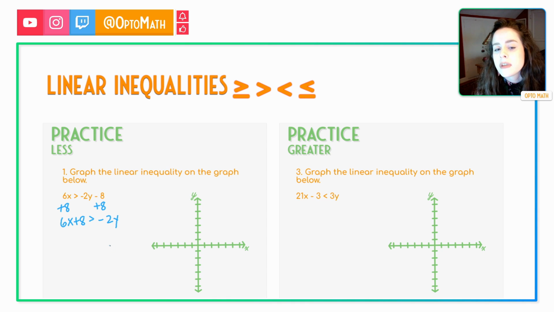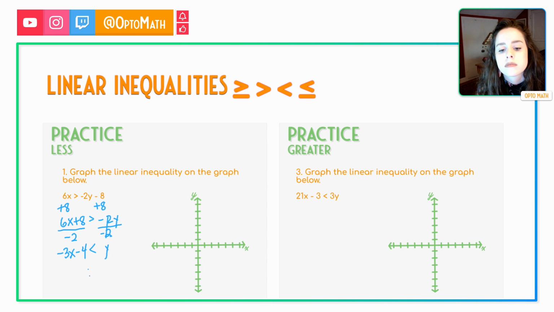Now, we haven't mentioned this yet, but remember, probably back from Algebra 1 or maybe even in middle school, that if you divide or multiply by a negative, your inequality swaps direction. So let's make sure we do that. Negative 2 divided by 2 is 1, so we'll have 1y over here, and now we're swapping direction. 6 divided by negative 2 is negative 3, so that's a negative 3x, and 8 divided by negative 2 is